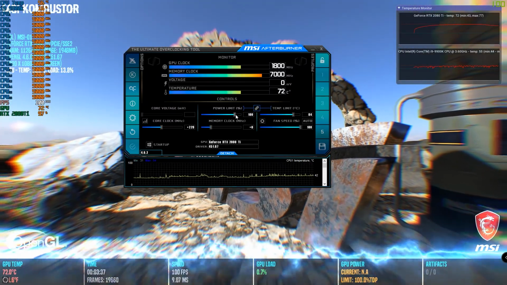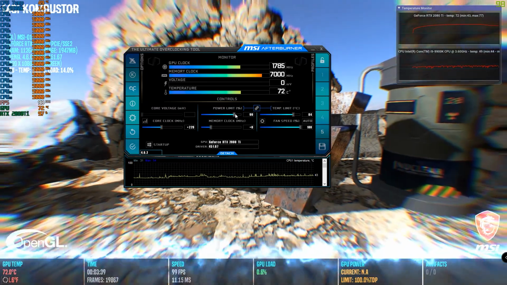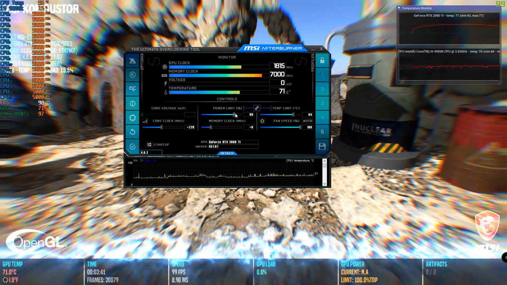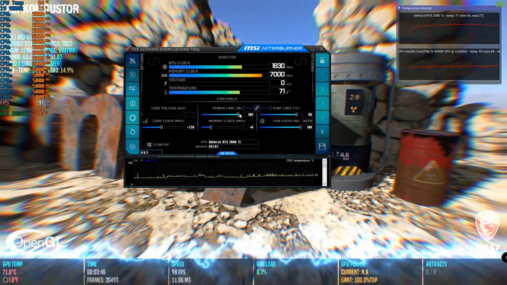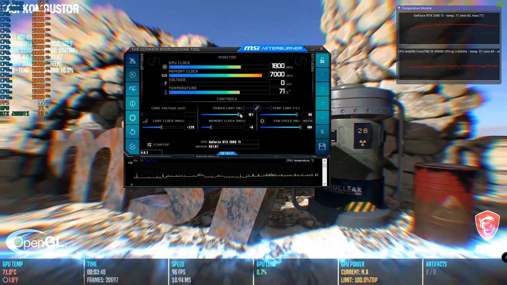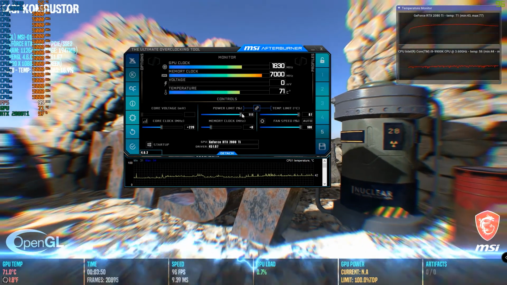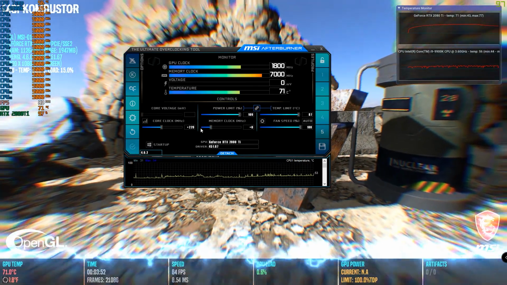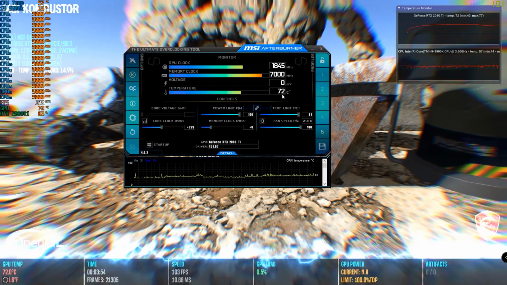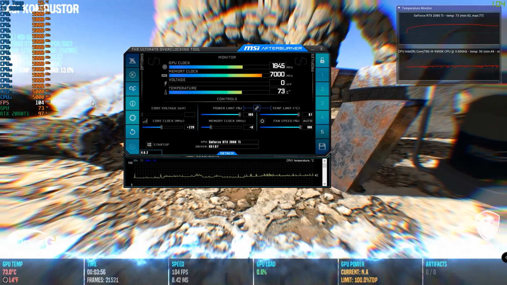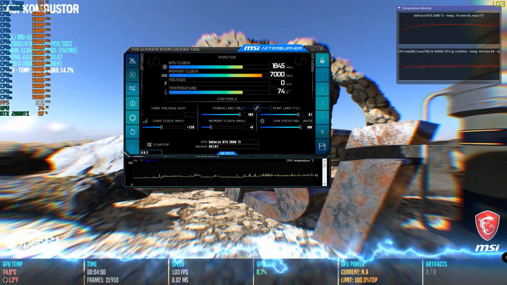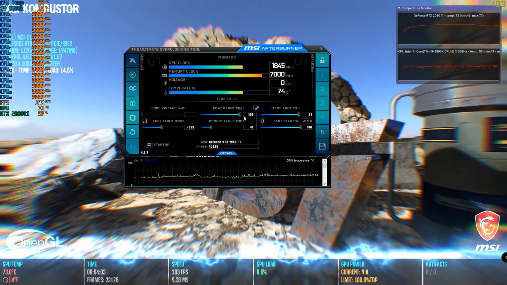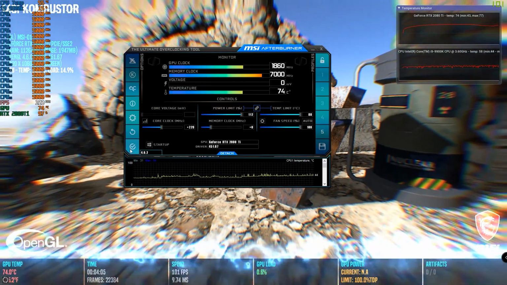Alright, if we play with the power limit, this is how the power limit works. Okay, if you increase this, you will see an increase in your performance. Right now, let's say we increase it to 109 and click apply, you will see an increase in the temperature. You're seeing increased FPS. Not much, not a big deal. Okay, if you're getting a good FPS already and you're seeing your temperatures are going really high and you don't